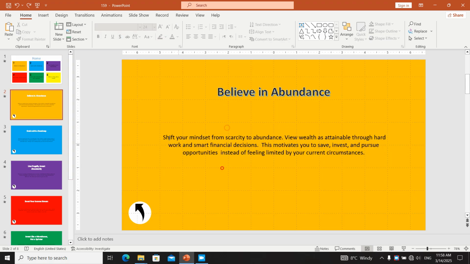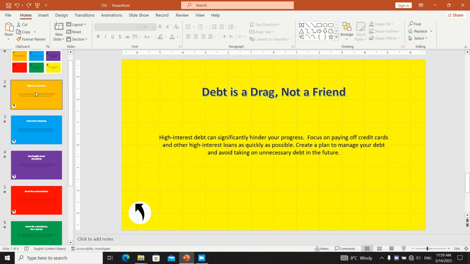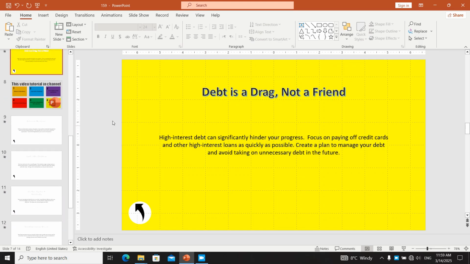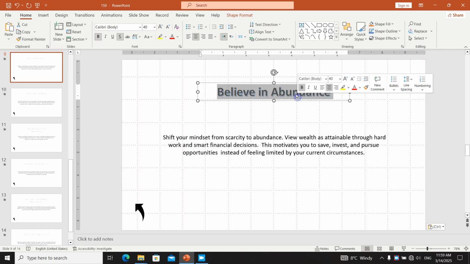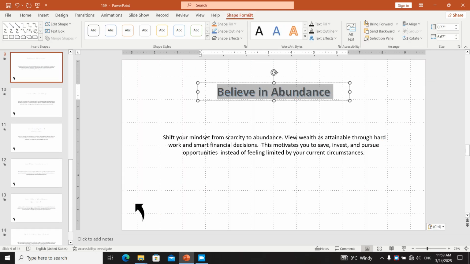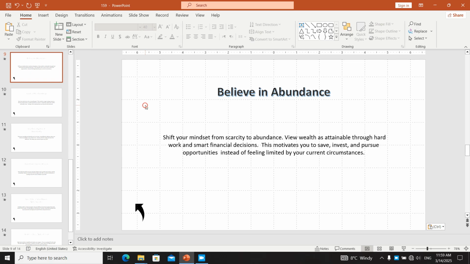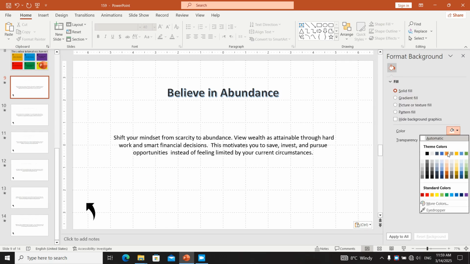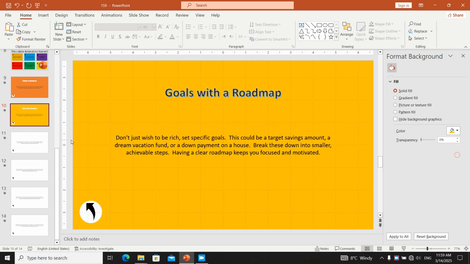Let's try to create. For creating these 6 slides, you don't need anything, but for the tutorial, I create one of them. You just paste the text here, and after pasting the text, you format the shape, go to shape format and use this font, and everything is great. After creating that, you go to format background and set the background to the color you like. For example, this color, this color,